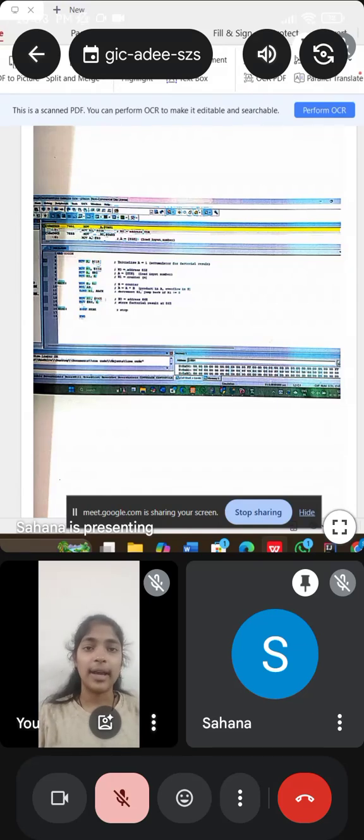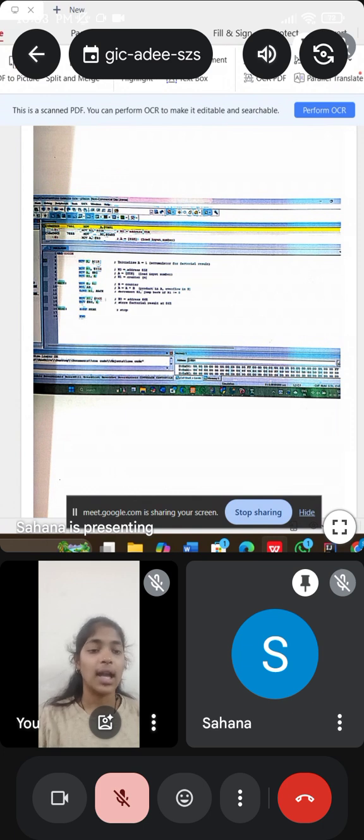Hello everyone, I am going to explain our COA topic, factorial of a small number. ORG sets the origin of the program in the memory location 000H, and this is where the program execution